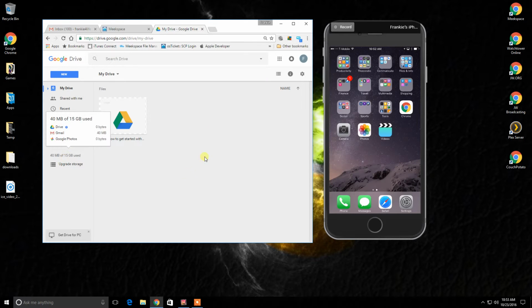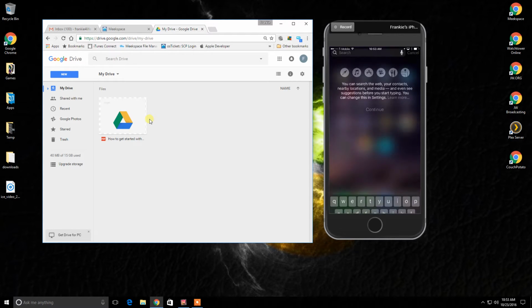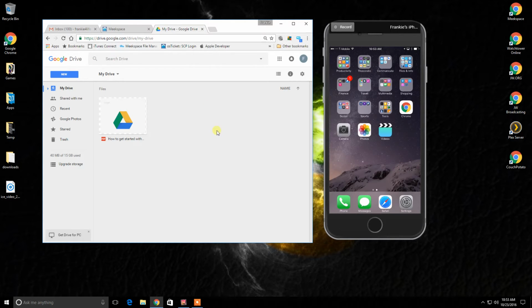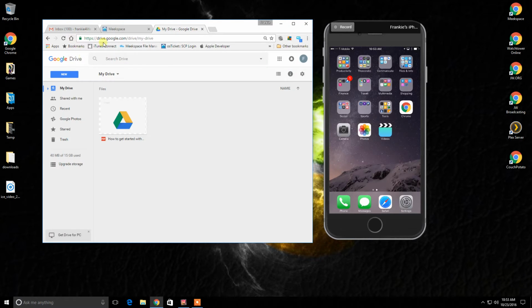15 gigs. And so I've got a secondary email address that I'm using here that's not attached to any of my things. And what we're doing here is we're going to show you how to use this to get files. So once you've made sure you've got a Gmail account, and you've gone to drive.google.com so that you can make sure your account is active,